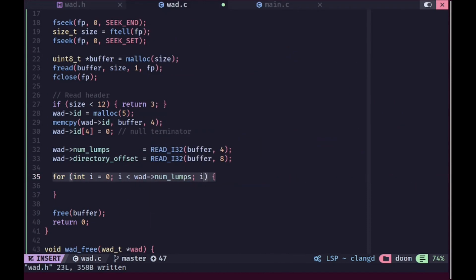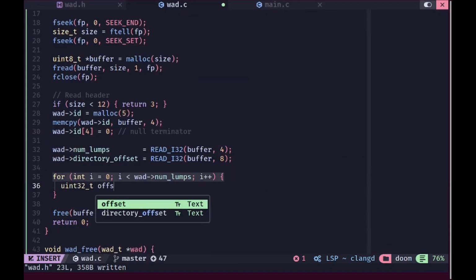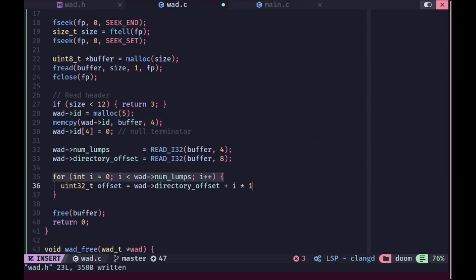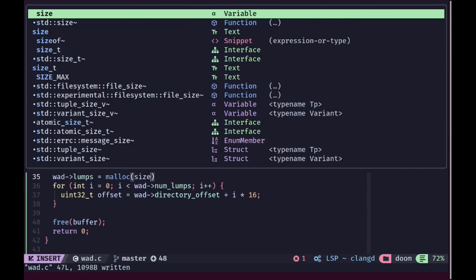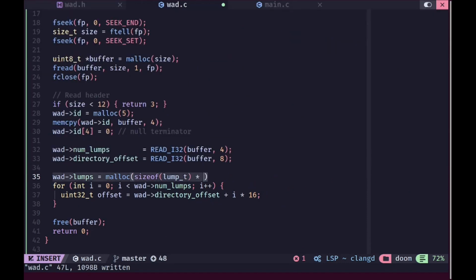compile time. And we'll go over each of those lumps, and in here first of all we'll calculate the offset of this current directory, which you can calculate quite easily by getting the total offset of the directory plus I multiplied by 16, which is the size of each directory. We'll allocate appropriate memory for our lumps, and with that done, now we can go down here and get started